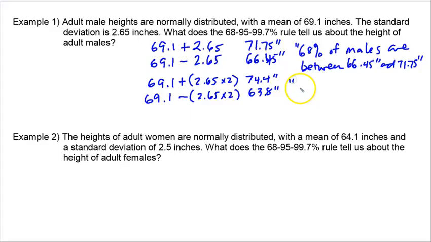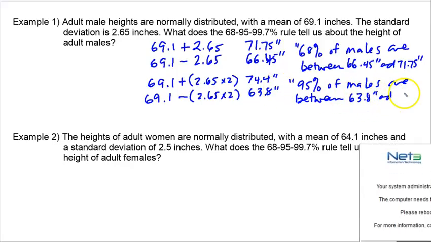And so we'll make a statement that 95%, we're within 2 standard deviations of the mean of males, are between these 2 heights: 63.8 inches tall and 74.4